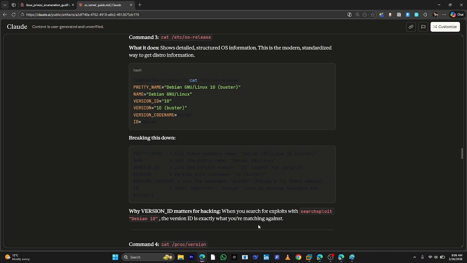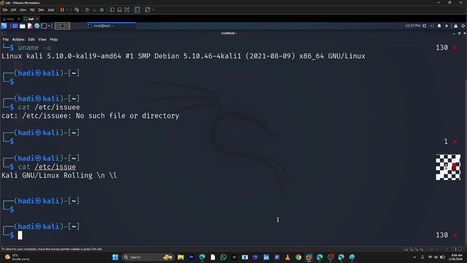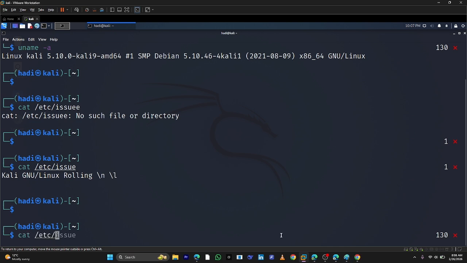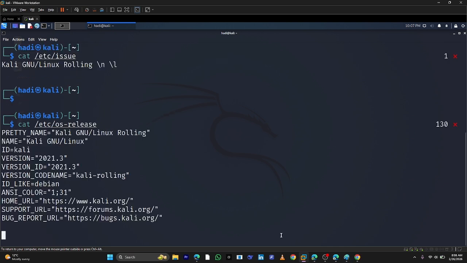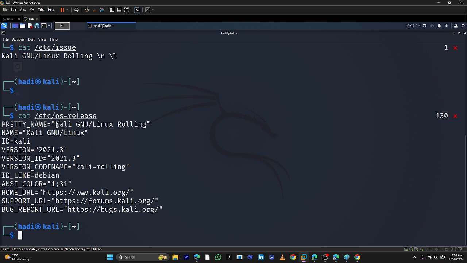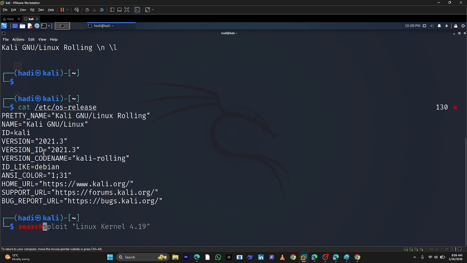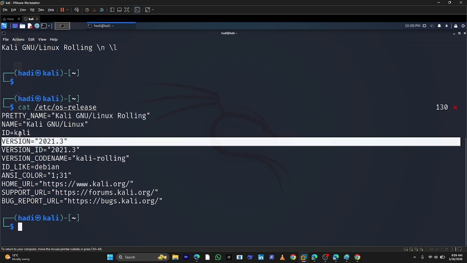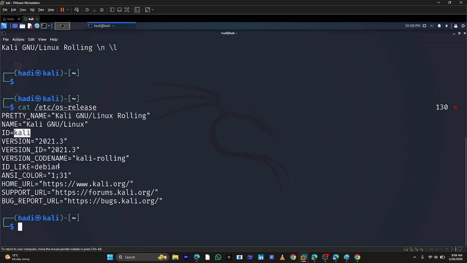I can just go to my Kali Linux and type the same command, cat /etc/os-release, and this is the human readable name. This is the Kali Linux that we are using. This is the specific version of it. Now, I am using a very old version, I know, but when we are trying to find an exploit, we will use this ID, the Kali Linux, and the specific version, like